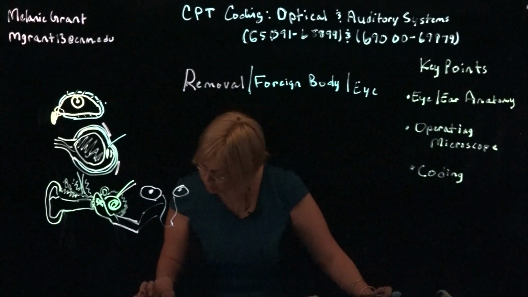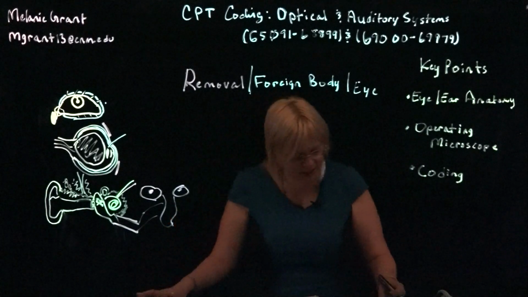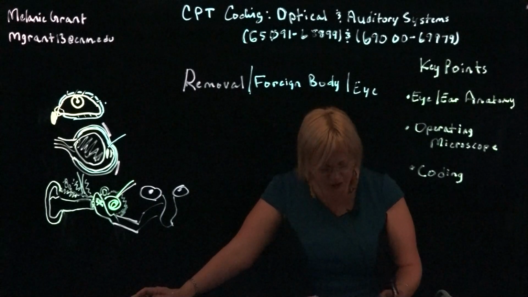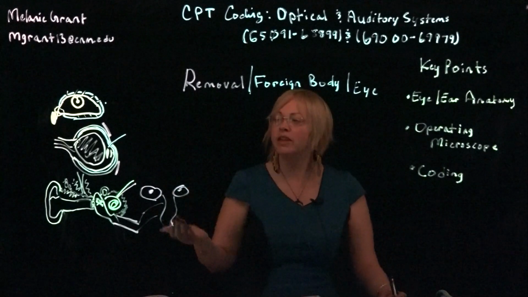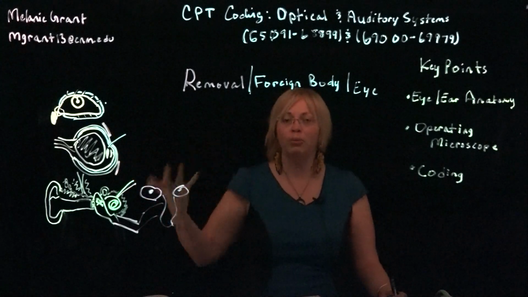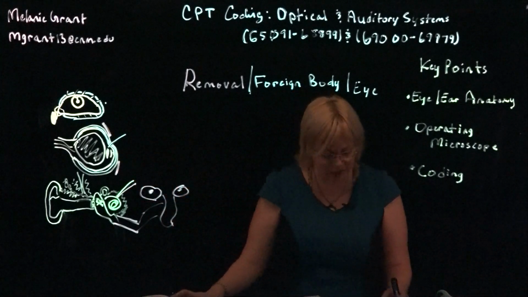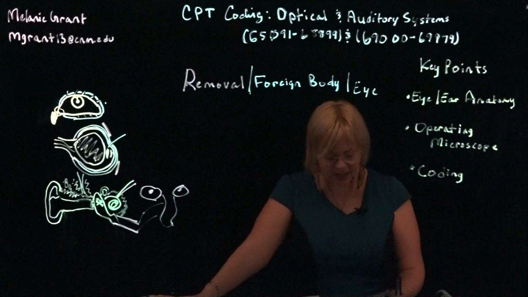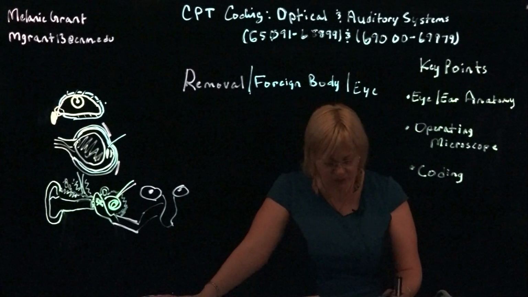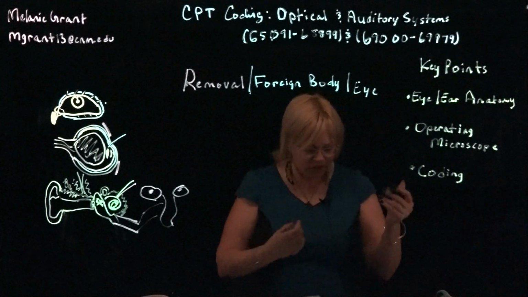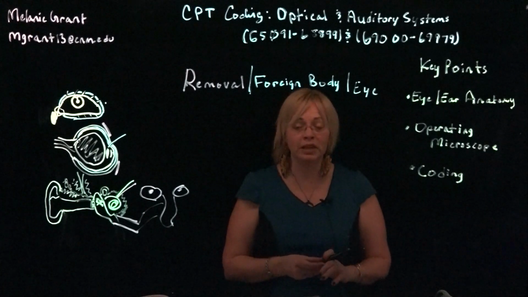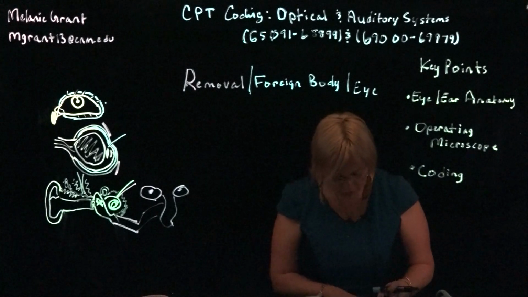Okay, and pretty much they didn't say where in the eye, just that it was in the eye. So I want to keep in mind the external part of the eye is going to be the outer part of the conjunctiva if it's not embedded. So I have here eye, anterior chamber, corneal eyelid, external eye, and posterior segment. So the only thing I can really say is that this is the external eye,